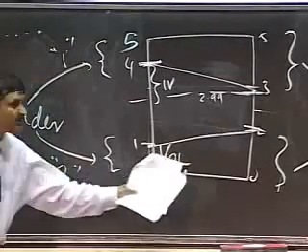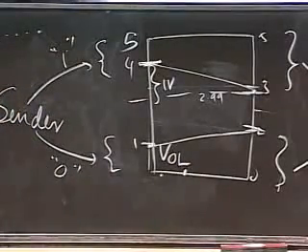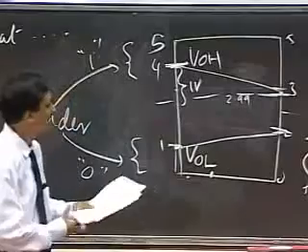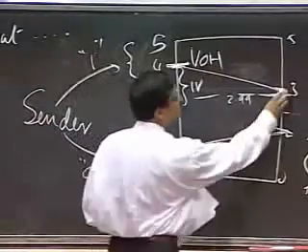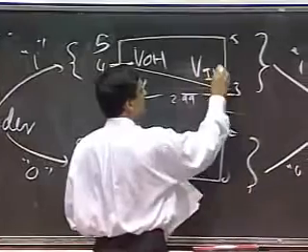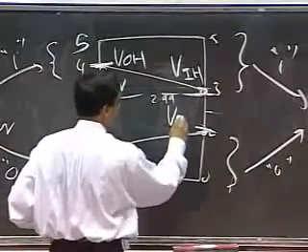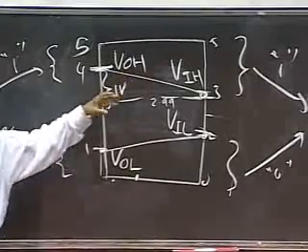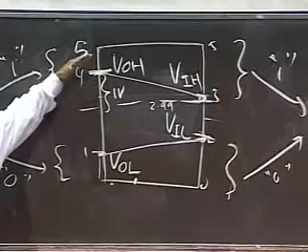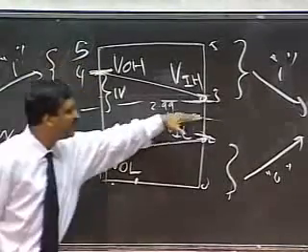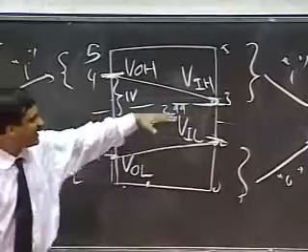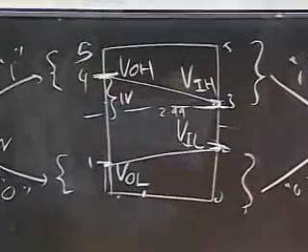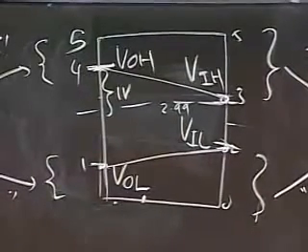VOL, V output low. These have special meanings. This threshold here is called VOH, V output high. This threshold here is called V input high, and this threshold here is called V input low. So VOH simply says that senders must send voltages higher than VOH. Receivers must receive values higher than VIH as a 1. So these 4 thresholds together give you your